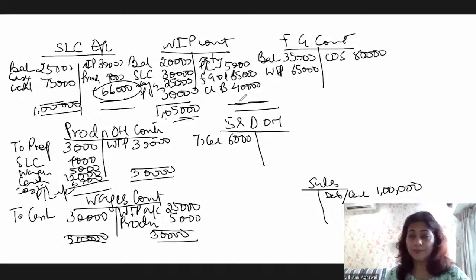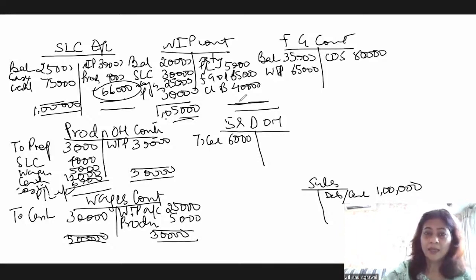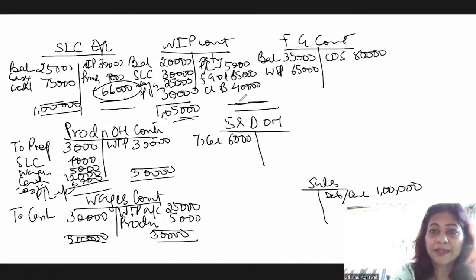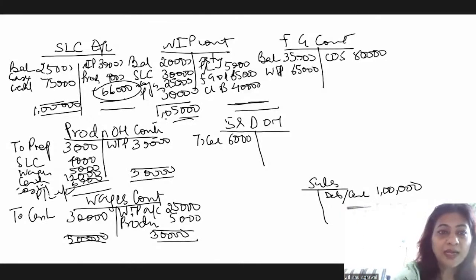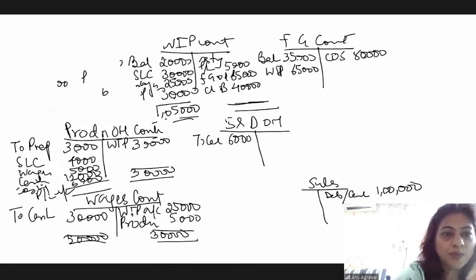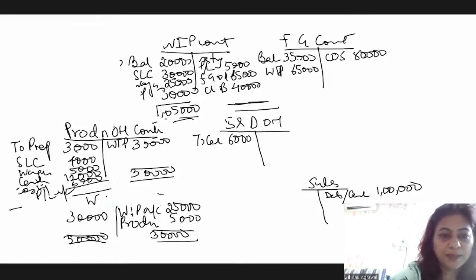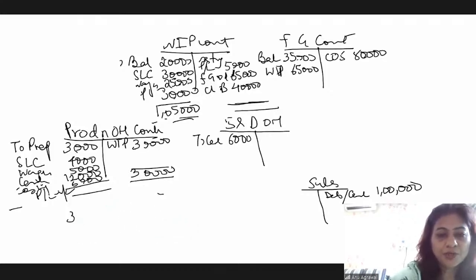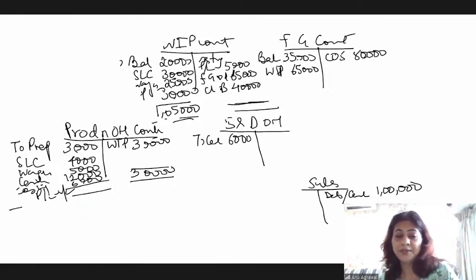Okay. Anyways, so guys, look at it. Let me make it neater. Right, so we have got a store ledger control account which we completed. We have got a wages control account which we completed. We tried to make the production overhead control account, which was very clear. Now here,